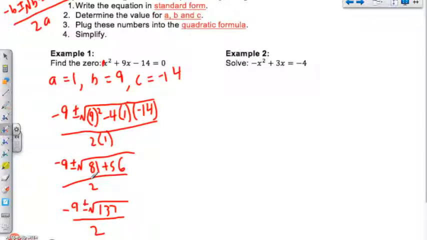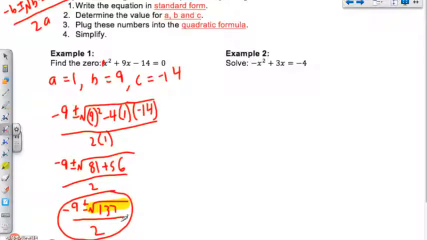Now, we are at a point where we need to check to see if we can go any further in simplifying. We would want to look at our radical, and if our radical can simplify, we'll want to use those strategies that we used in lesson 1-13, going back to the very first unit, and simplify that. See if we have any pairs that we can move to the outside or anything like that. In this case, 137 is not going to be able to simplify. So we are actually going to leave our answer as negative 9 plus or minus the square root of 137